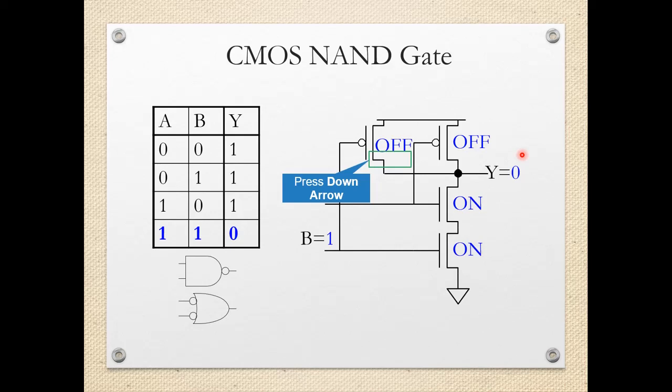We'll go for the fourth case in which both the inputs are logic 1. So when both the inputs will be logic 1, both N MOSFETs will be on, just like a closed switch. Both P MOSFETs are off, so output will be connected through both N MOSFETs to ground and output will be logic 0.